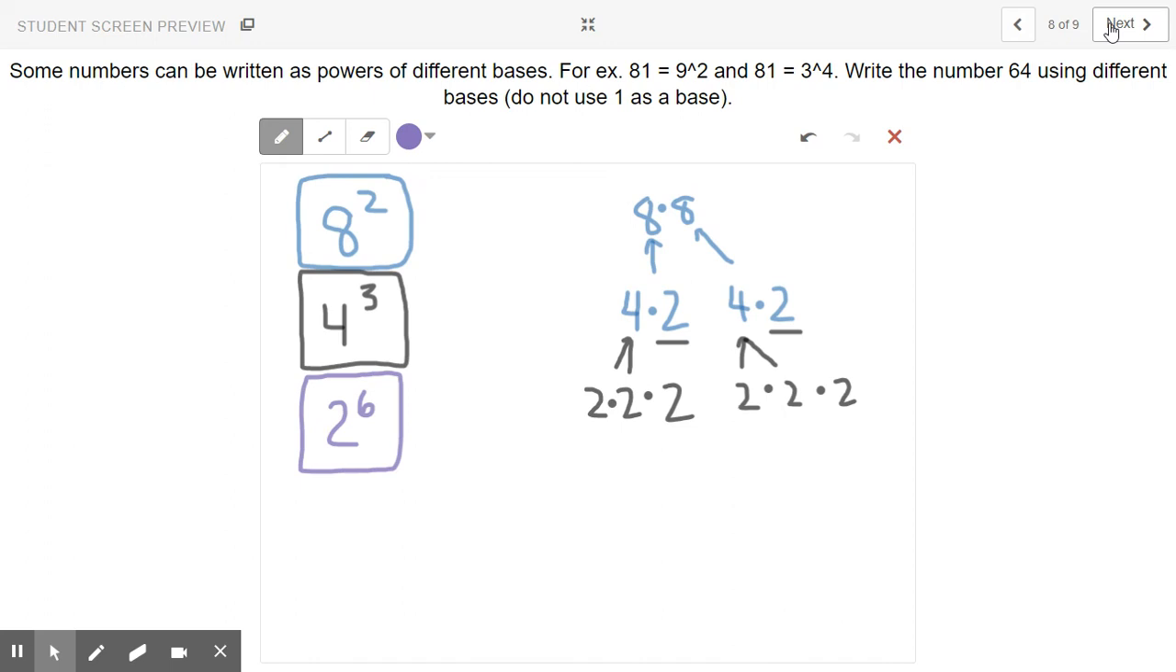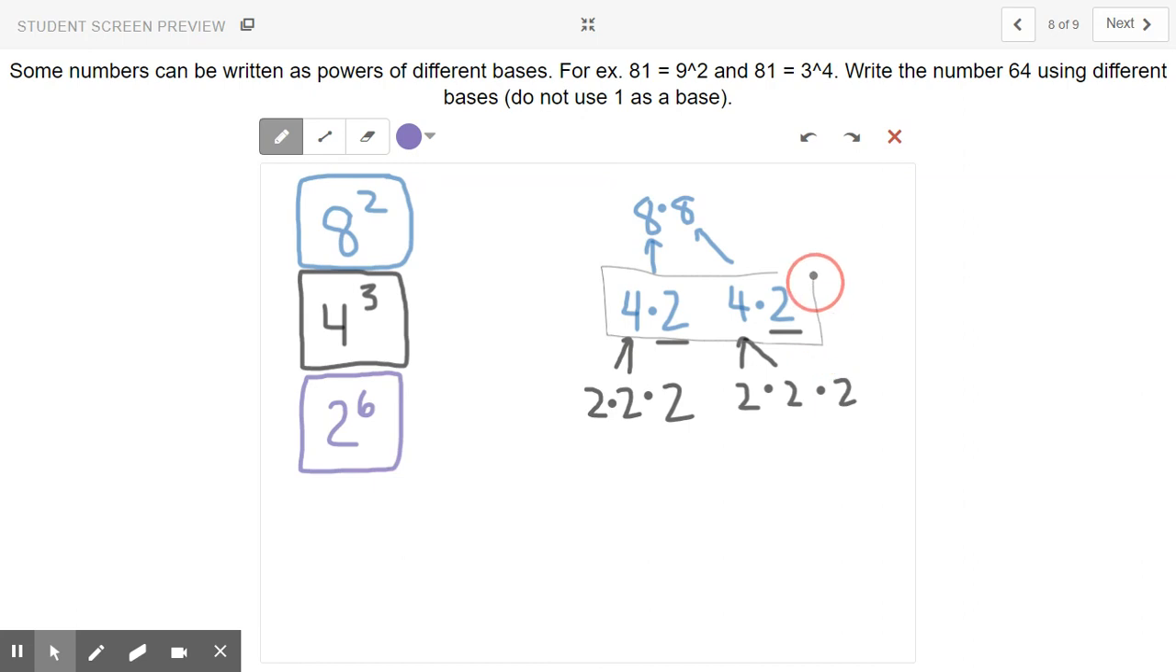Write the number 64 using 3 different bases. Do not use one as a base. So I know 64 could be 8 times 8, makes 64. So I could write it as 8 squared. Then I realized 8 could be rewritten as 4 times 2. The other 8 could be written as 4 times 2. Now, what I noticed